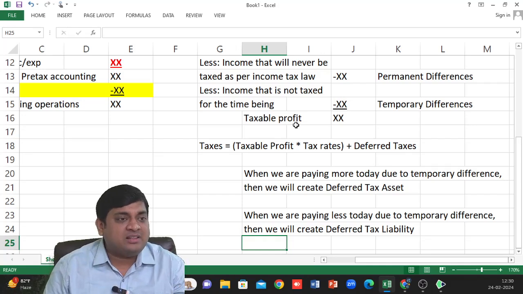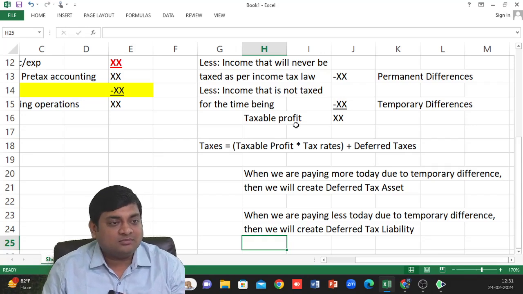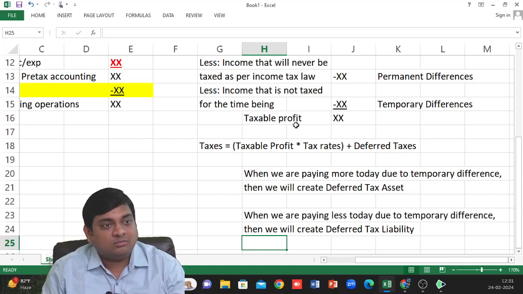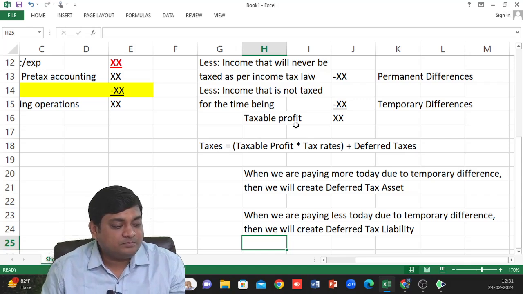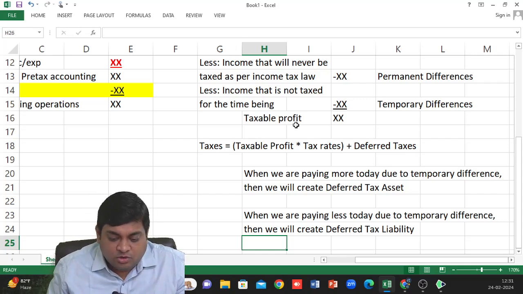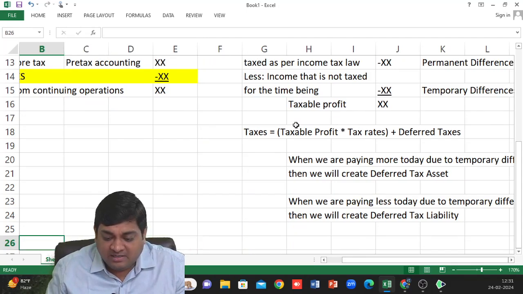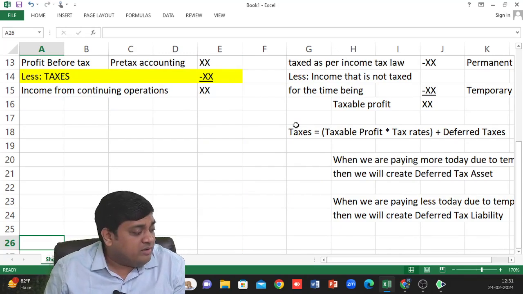But temporary difference will be included in both, today or tomorrow. Right? So if I give you a list of expenses and incomes, right? So when we talk about